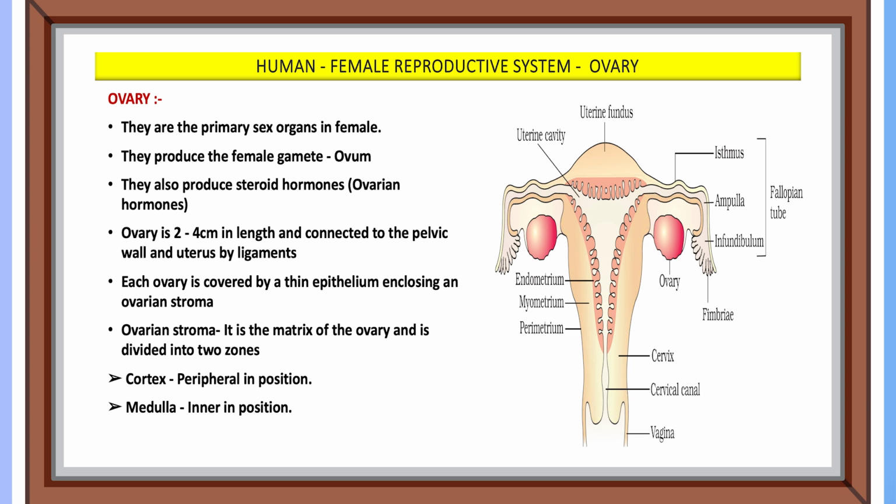They also produce steroid hormones, the female sex hormones, the ovarian hormones. Each ovary is 2 to 4 centimeters in length and connected to the pelvic cavity by membranes and ligaments. Each ovary is covered by a thin epithelium enclosing the stroma. The ovarian stroma inside the ovary is the matrix of the ovary, and it is divided into two zones. The outer one is the cortex, which is peripheral in position, and the medulla, which is inner